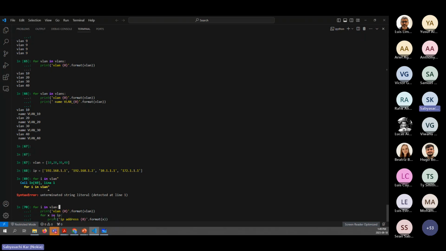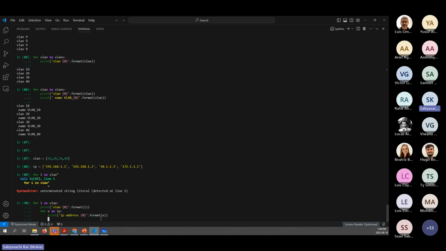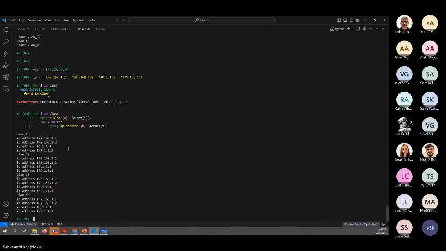Here we'll have format of i. So what we are doing here, we are having an i for the VLAN and x for the IP. So this is what a loop inside a loop is, right? So loop inside loop, what we are doing is we are